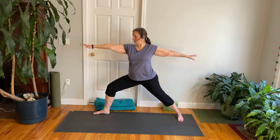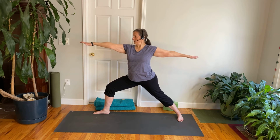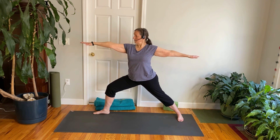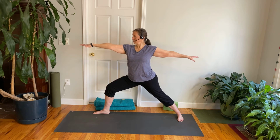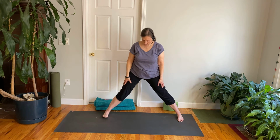So you can keep your palms up if you like that. You can turn your palms down. You can look back over your left shoulder. You can unbend that knee a little bit if you're getting tired, or bend it more. Smooth breath here. And then please exhale. The next exhale, you can lower your arms and straighten that leg and turn your feet